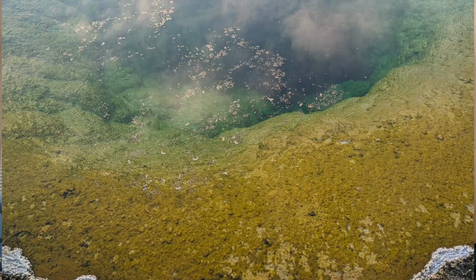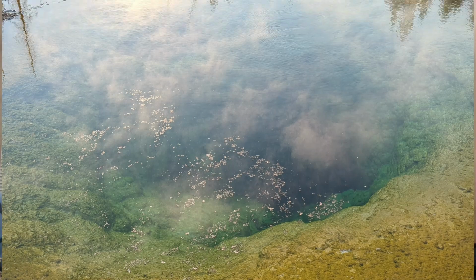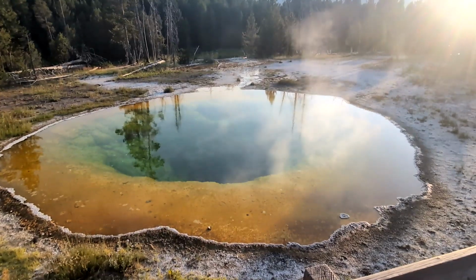And because the temperature has changed, the colors have changed. So if you see a blue geyser, like pure blue, which we have seen, it means it's the hottest temperature that the water can pretty much get. And then it kind of goes down from there. Orange is like the coolest or the coldest. It's still warm, but the edges are starting to turn green, yellow, starting to cool off, and the